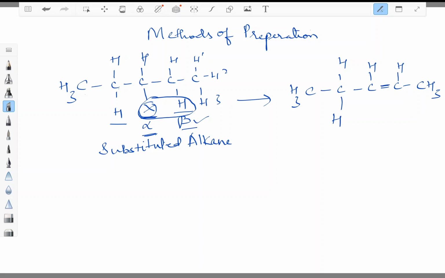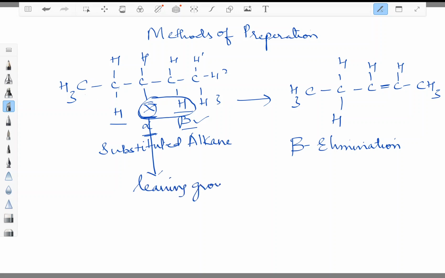This method of preparation of alkene from a substituted alkane is called as elimination reaction. It's called as elimination reaction. And because we are removing hydrogen from the beta position to the X group, it is called as beta elimination. So beta elimination reaction is defined as a chemical reaction in which the leaving group, this X is called as leaving group